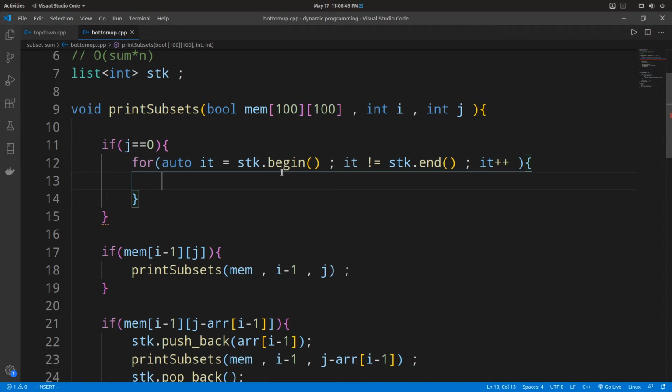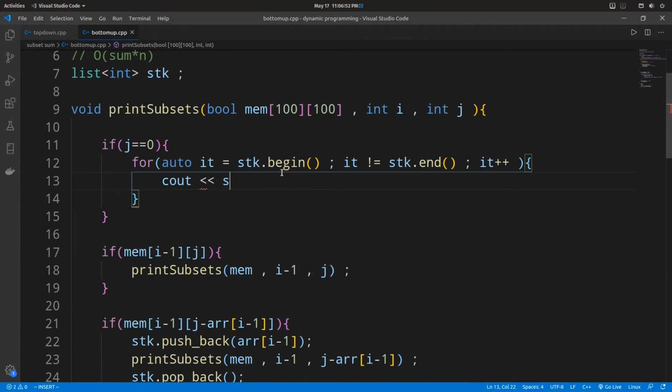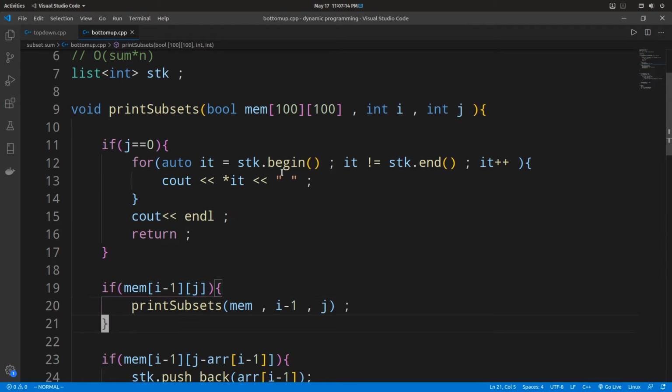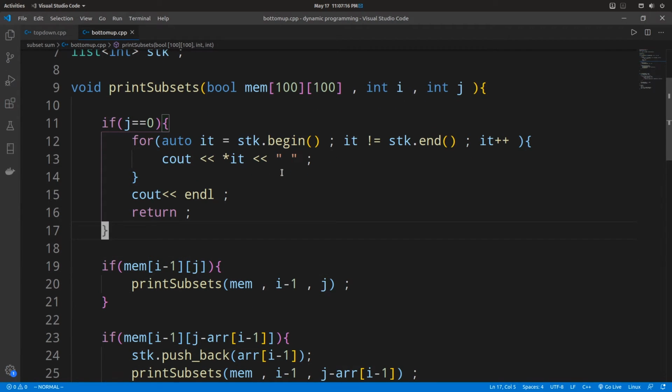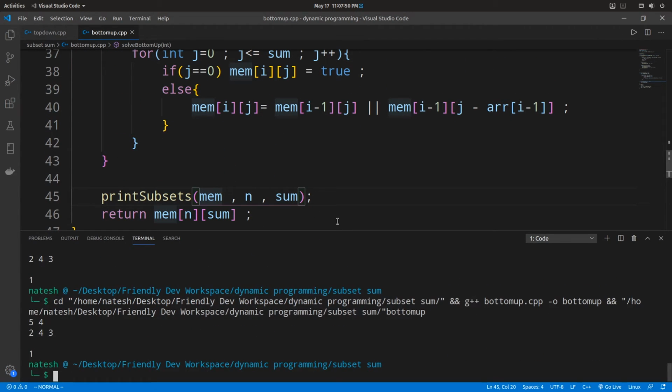I'm just using an iterator to iterate over the elements. Let's just print the element here using star head. Let's give some space, and once we print all the elements in this set, let's add a new line and we return. Okay, this is the base condition. Now if we call this function here by sending our memory, let's execute this,